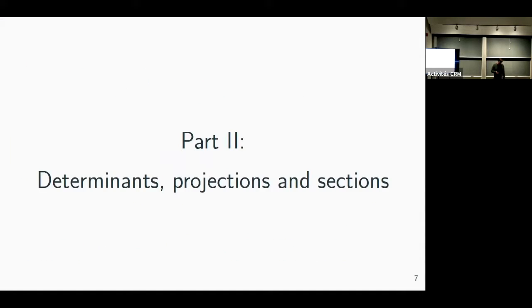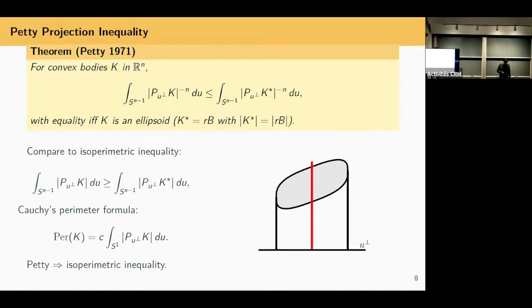Two is about determinants. The idea here is you can recast this cute solution to a problem about random triangles as a statement about determinants. But naturally, if it's about determinants, that's going to show up as a Jacobian in all sorts of places. So there are downstream impacts of these inequalities, and I think one of the most famous is the Petty projection inequality.